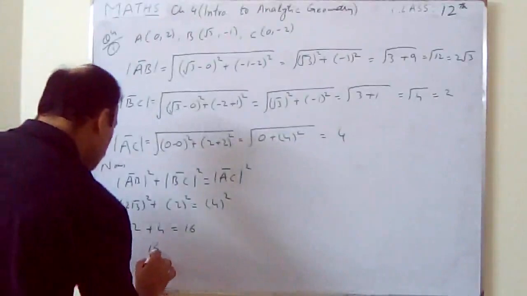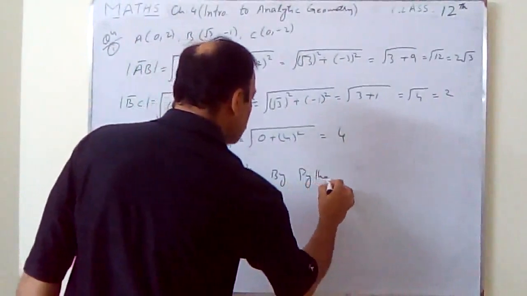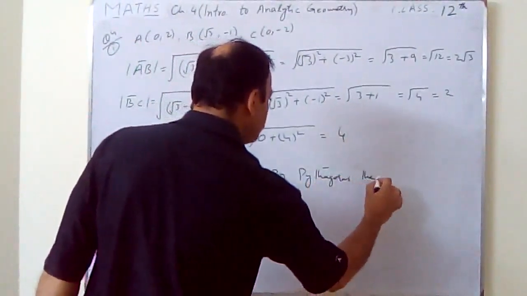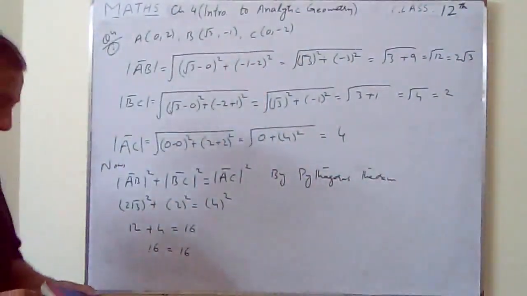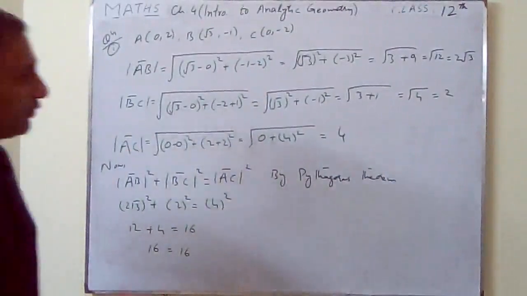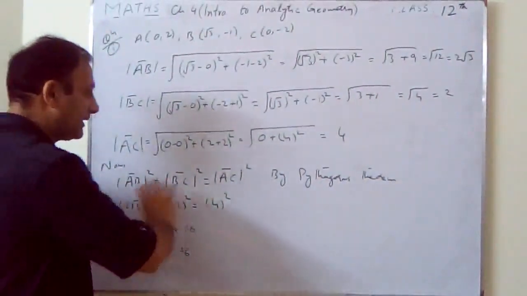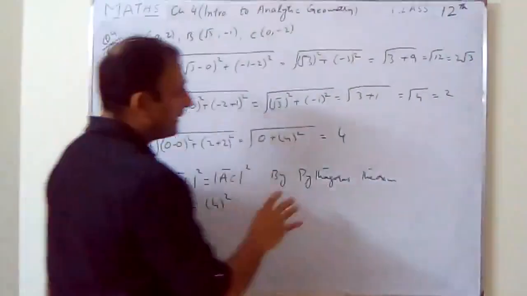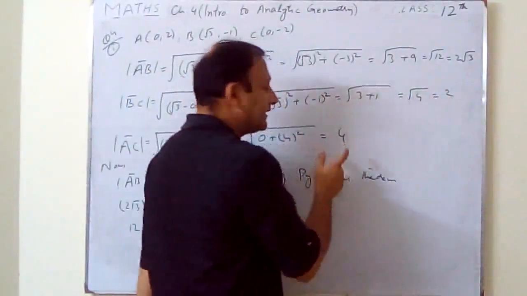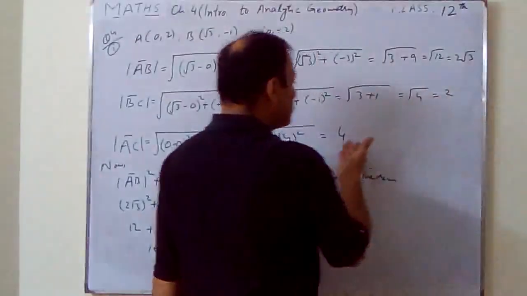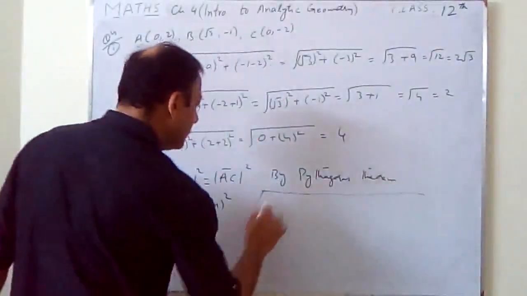So 16 is equal to 16 by the Pythagoras theorem. No need to check all three options; I solved them just to tell you. I did that only to show how these three options can come to you, but you can see from here that 12 and 4 are the squares, and the square of AC is 16, so 12 + 4 is equal to 16. It is very clear. So here the answer is, hence,